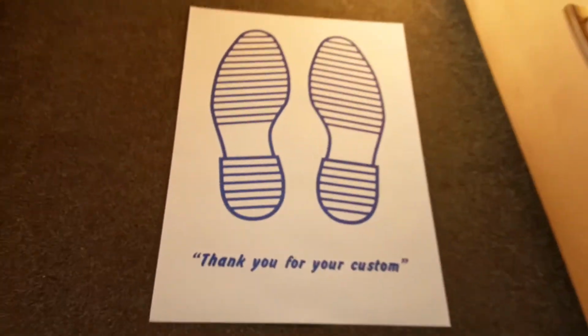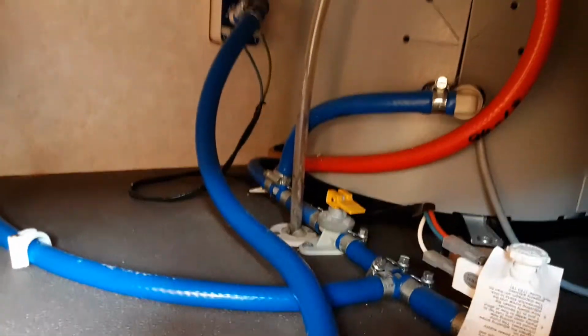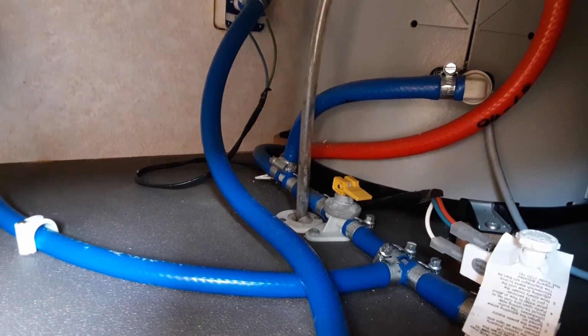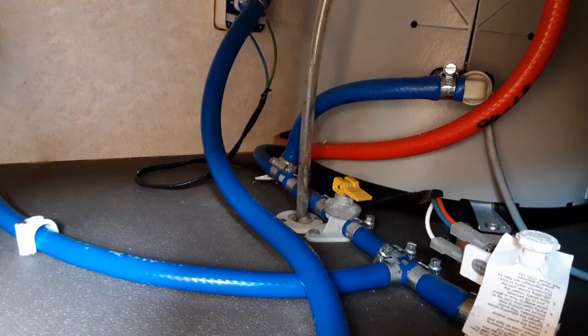First thing we do is fill the water system on board the caravan once the power's turned on. And that's down below the seat on the right hand side at the front. So if we go underneath the seat, you'll see a yellow valve below there. That yellow valve needs to be parallel with the floor for the water system to be filled. If it was upright and pointing towards the bottom of the seat, it would actually drain all the water off